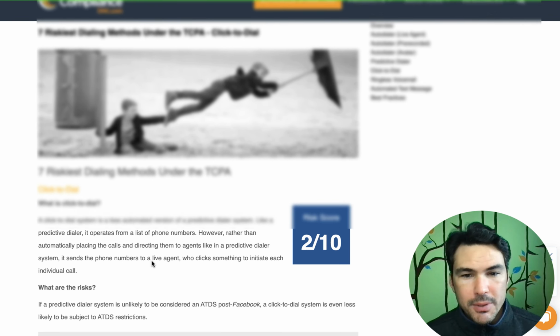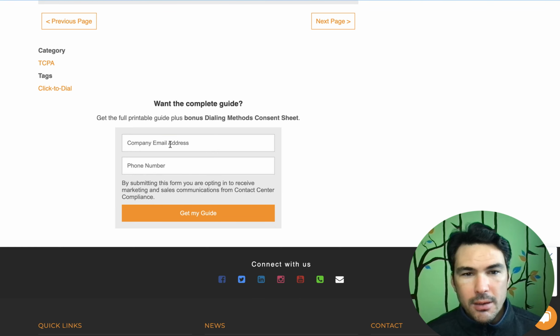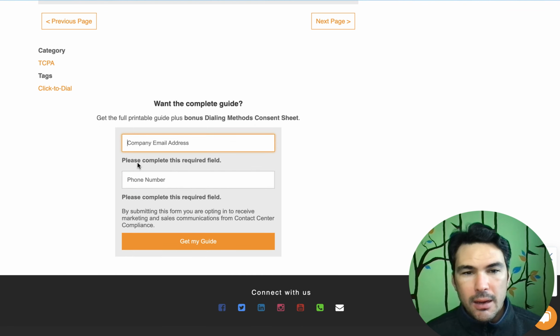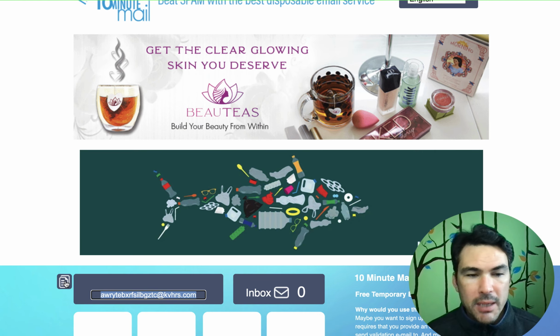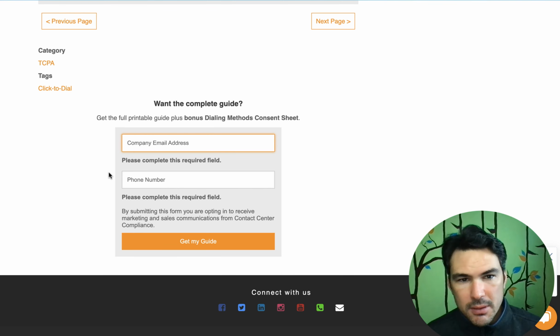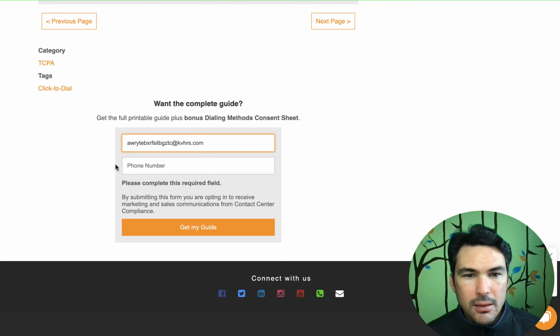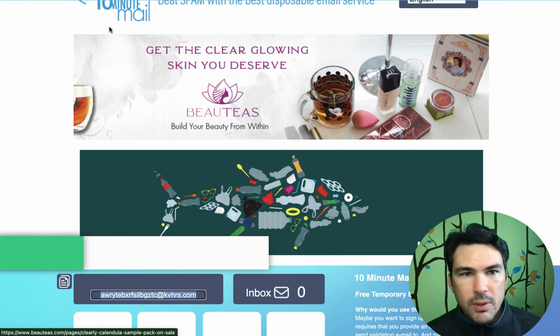Okay, so I'm on a website and it's got something that I want, and it wants an email address and a phone number. And notice it's a required field. Now, the phone number, there are ways around that, but right now we're going to talk about a way to have basically a fake email address, but you might really need the email address to work. So it's more of a temporary email address. And that's what this